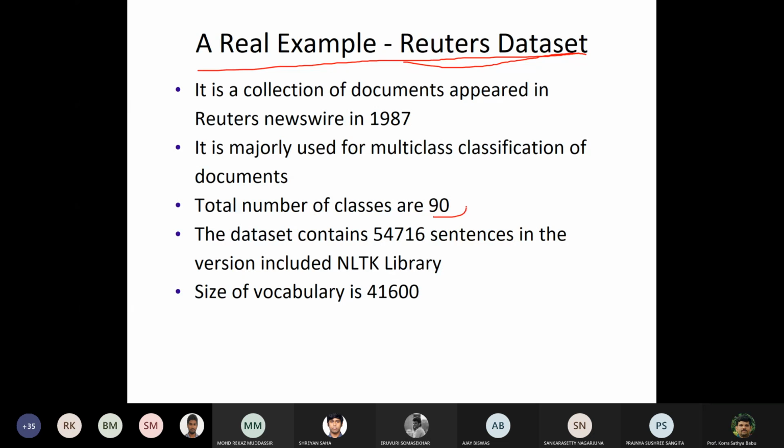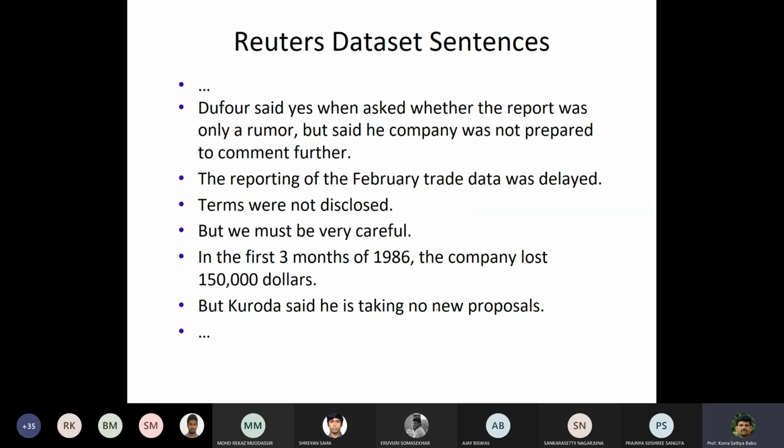Okay, fine. Now, some examples of the Reuters data set sentences are given here, and we will see about computing this in our next class. Okay, it is 8:13, so I'm just winding up right now. Tomorrow we shall continue, stating how bigrams are computed and how the computations are done. Any clarification till now?